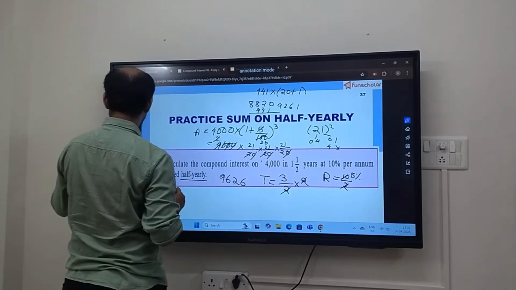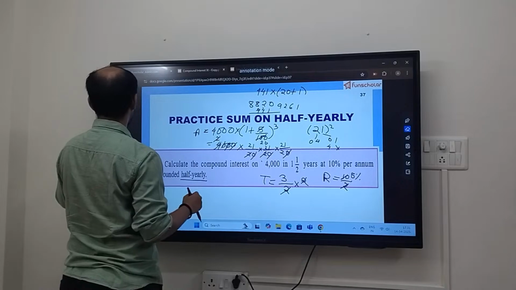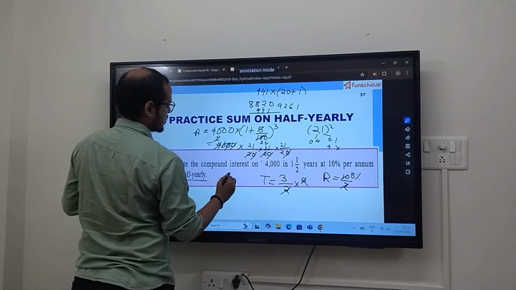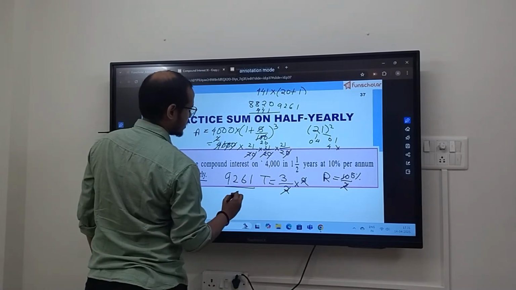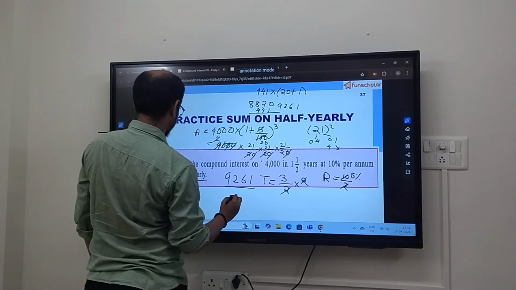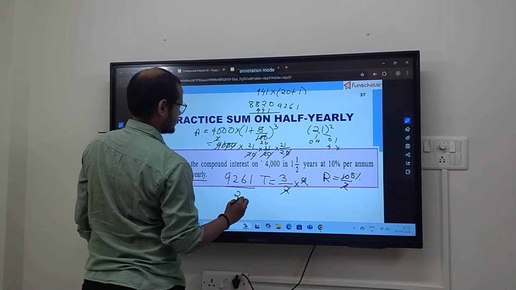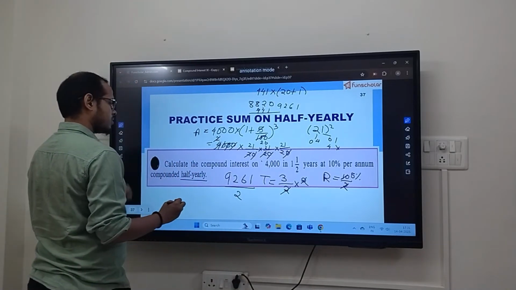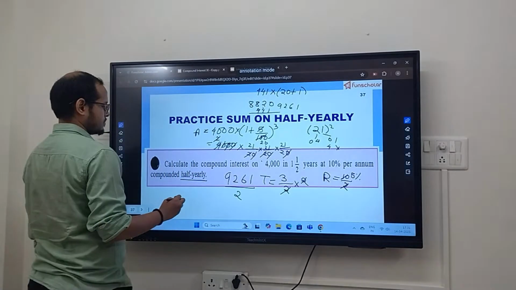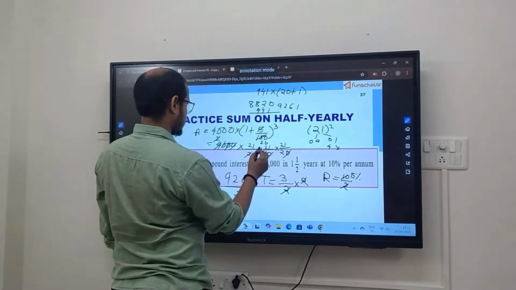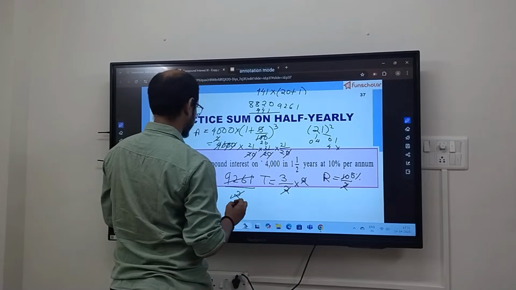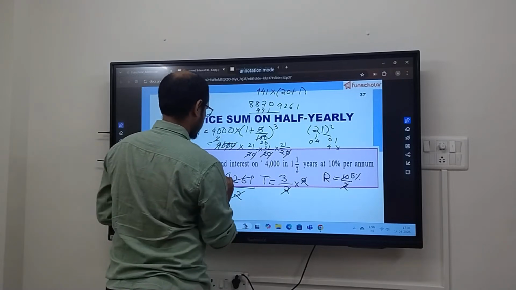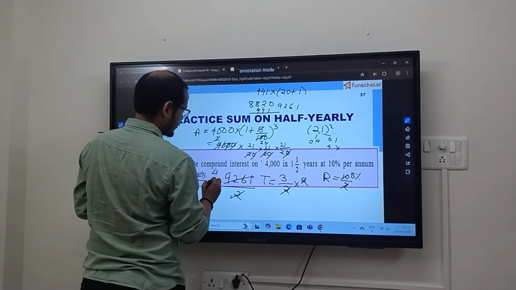9261, sorry, 9261 divided by 2. Calculate the compound. So 9261 into 2 into 2 into 2. So the answer will be, divided by 2 is 4